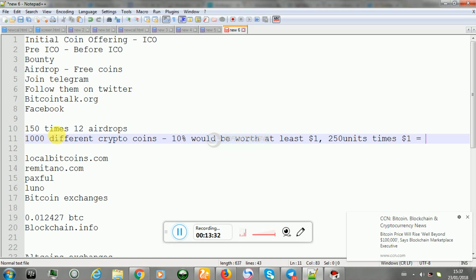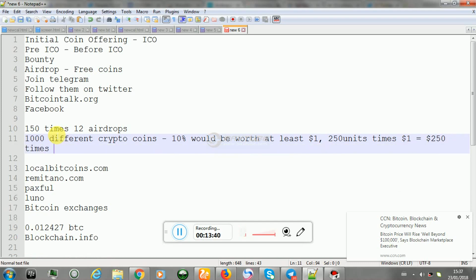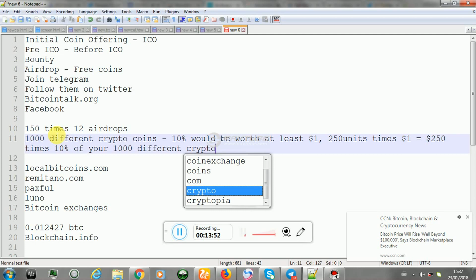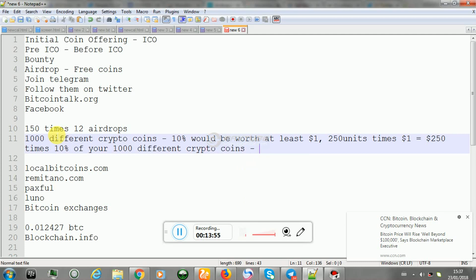That is already $250, right? Then times the 10% of your 1000 different cryptocurrencies, that's your $250 times 100. So no matter what, at the end of the year, you have actually gotten a minimum of $2,500